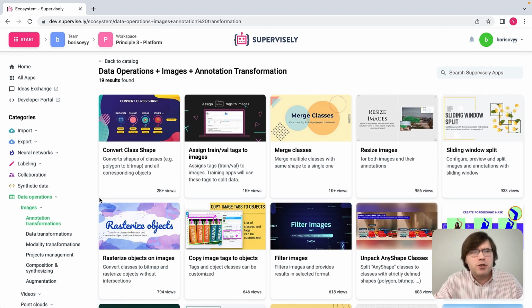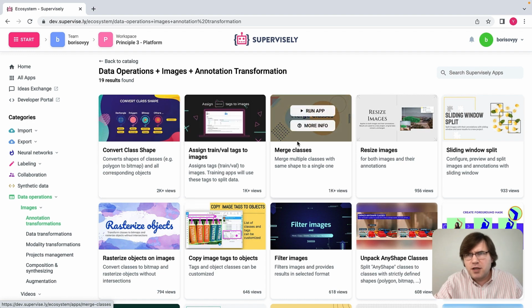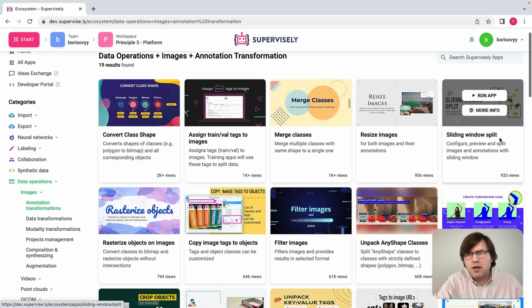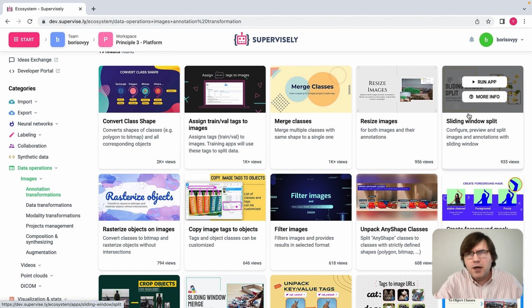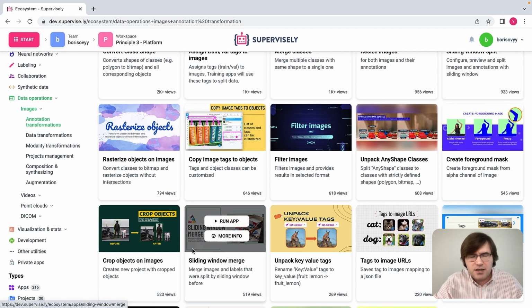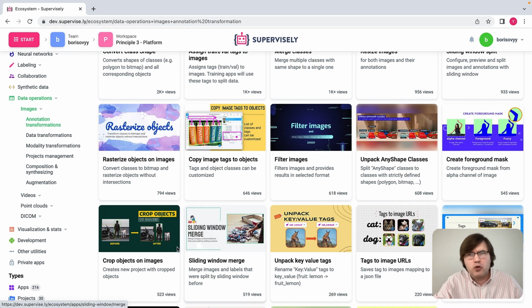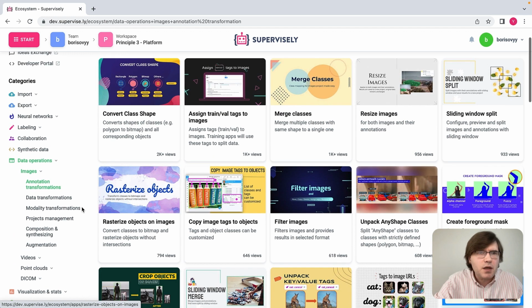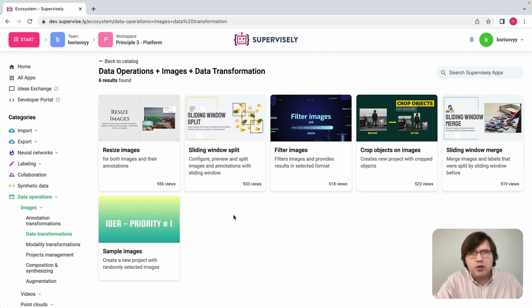We might want to do some operations on images with annotated objects, for example, convert class shapes, or merge classes, or do some form of sliding window operation on top of either raw or label data, and also be able to reconstruct the sliding windows later if we want, to crop objects and so on. So sometimes we might want to do cropping operations,